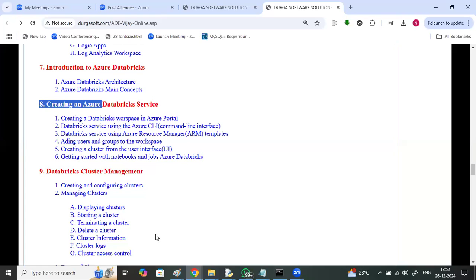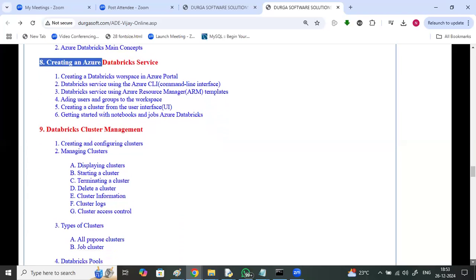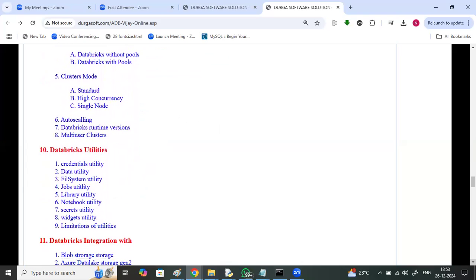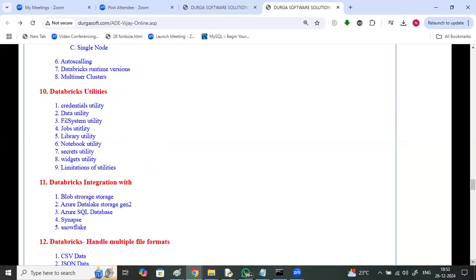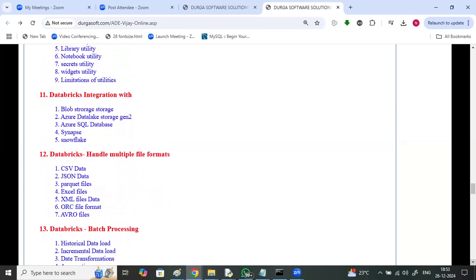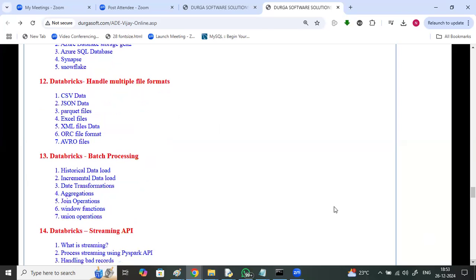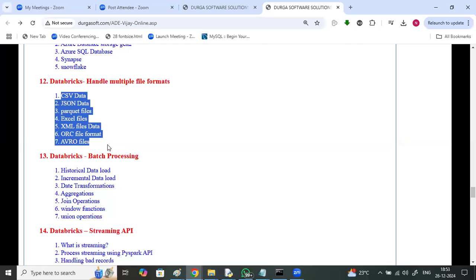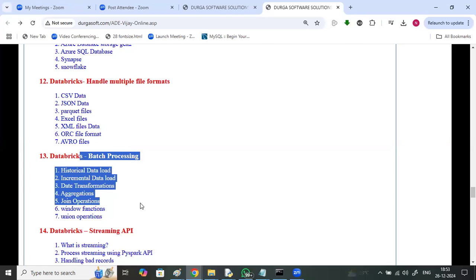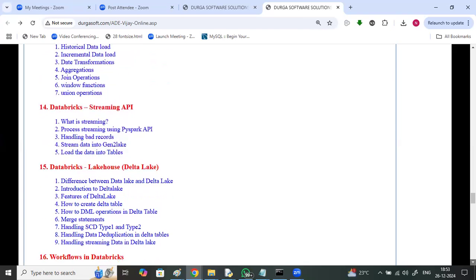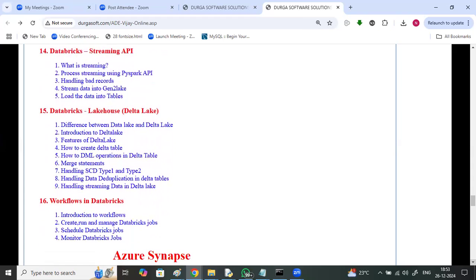cluster, starting cluster, terminating cluster, deleting a cluster, cluster information, cluster logs, cluster access controls, types of cluster: all purpose, job cluster, Databricks pools, cluster modes, high concurrency, auto scaling, Databricks utilities, data utilities, file system, job utility, Databricks integration with Azure Data Lake, SQL database, Synapse, Snowflake, Databricks handling multiple file formats: CSV, JSON, Parquet, Excel, XML, ORC, Avro files, batch processing, historical and incremental data transformations, join operations, window functions, union operations, streaming API, handling bad records, lakehouse,